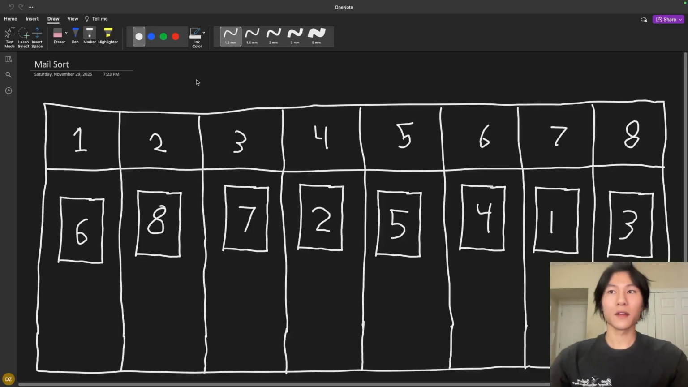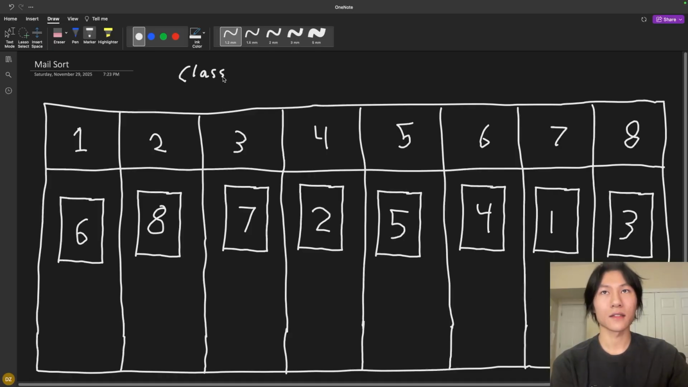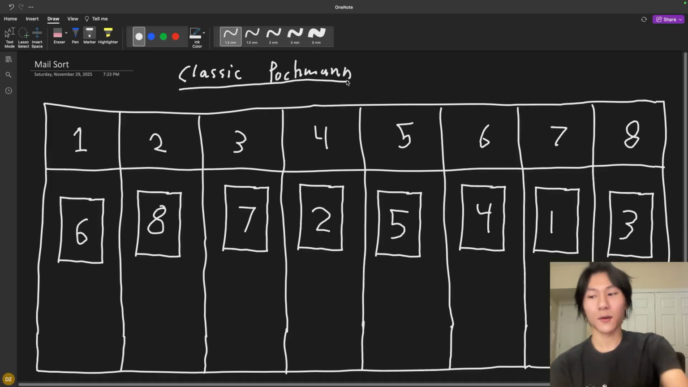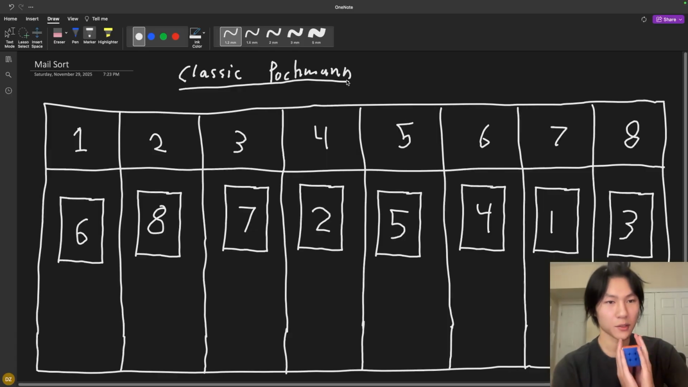And the method that we're going to implement is called classic Pochmann. And this method is actually how people solve a cube blindfolded. Why is this important? Well, or the better question is, why do I believe this is easier? Because, well, when you're solving it blindfolded,